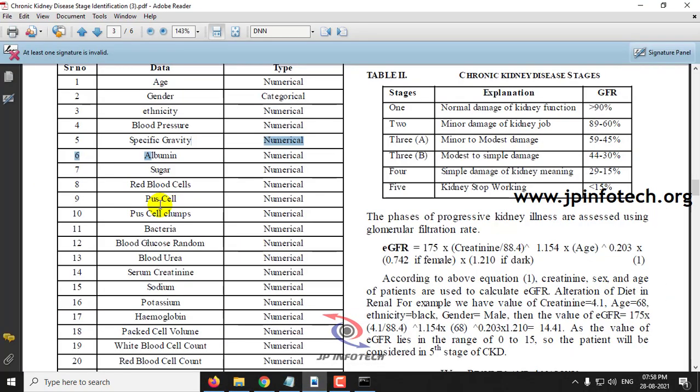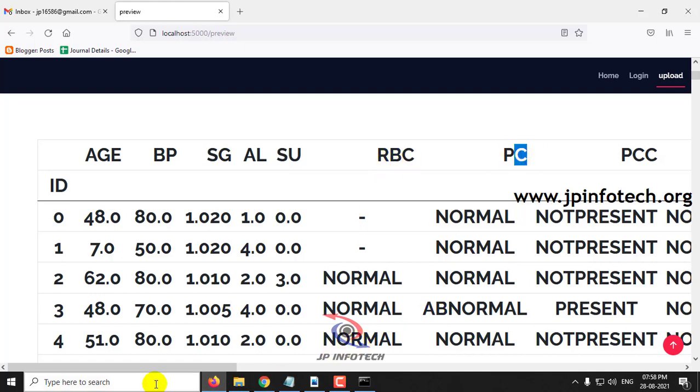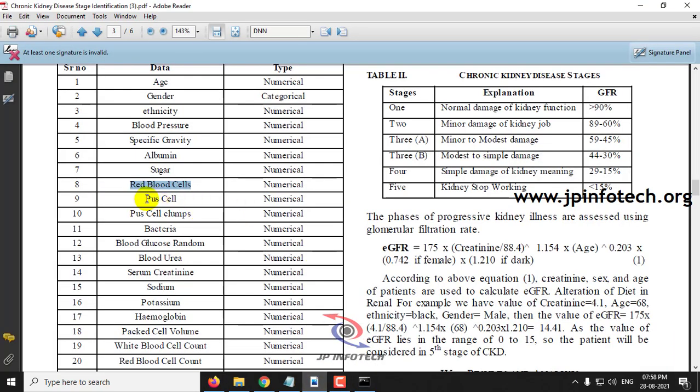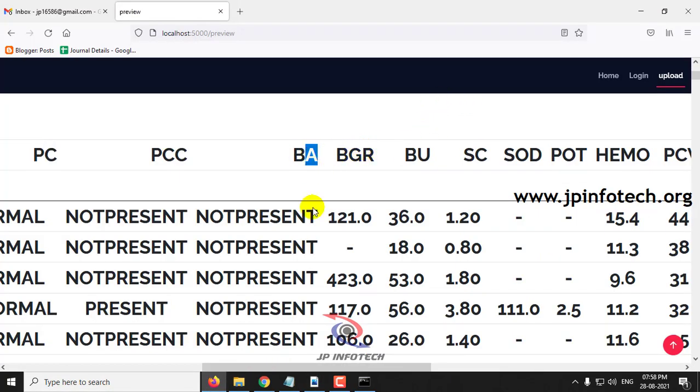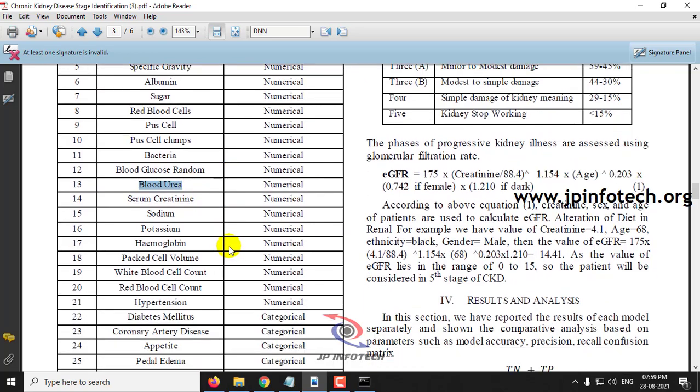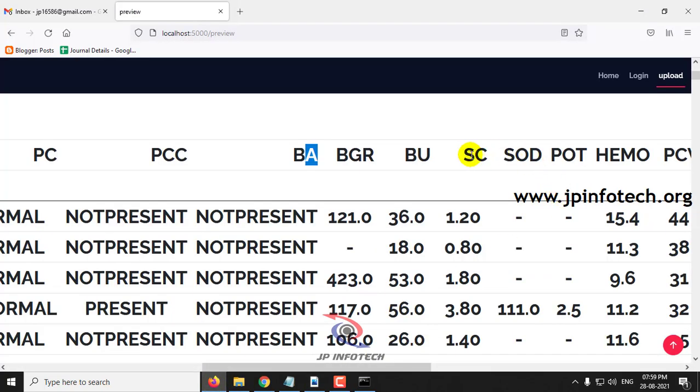SU is the sugar, RBC is red blood cells, and here you can see PC, pus cell, and PCC is pus cell clumps, BA is bacteria, BGR is blood glucose random, BU is blood urea, SC is serum creatinine, SOD is sodium, POT is potassium,